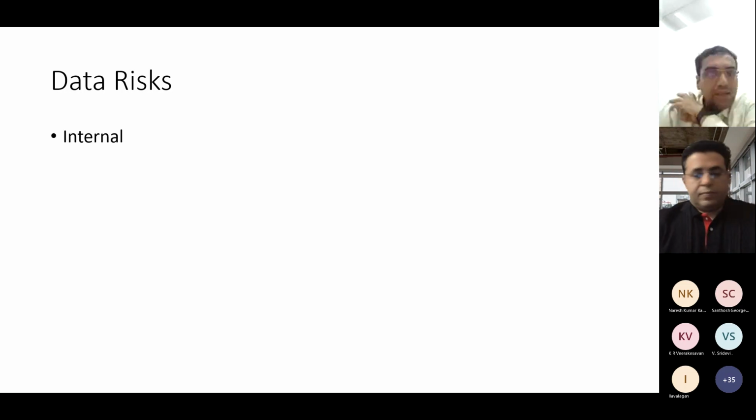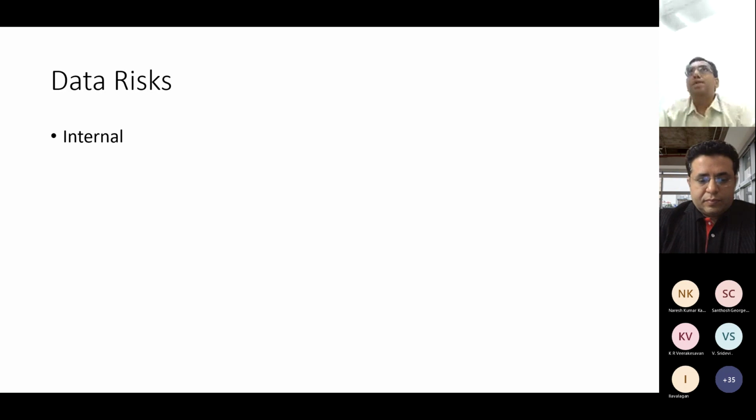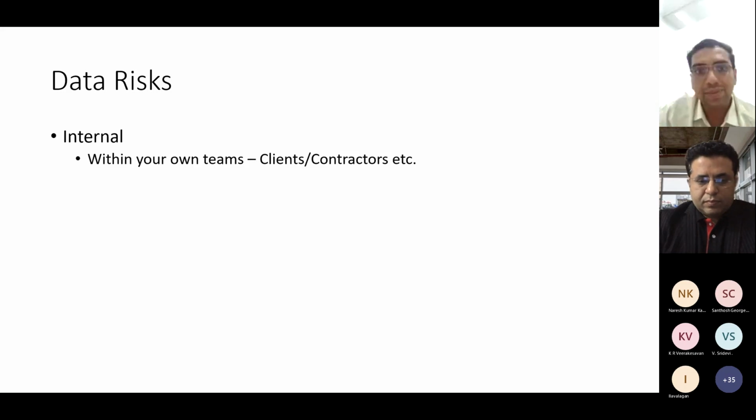So if you look at data risks, I can always look at internal, which is essentially what you have as a project team, whether you belong to a client or a contractor, within your own teams, what kind of risks you have. For example, what's the latest version of the design which you have to give, what kind of data you create, who will create it, who will be the issuing authority.